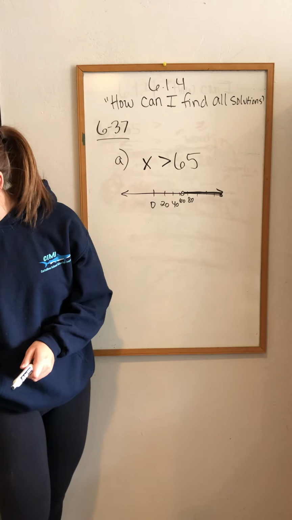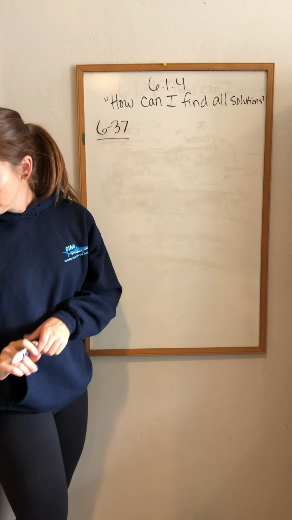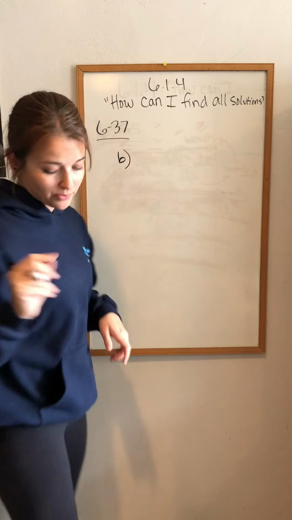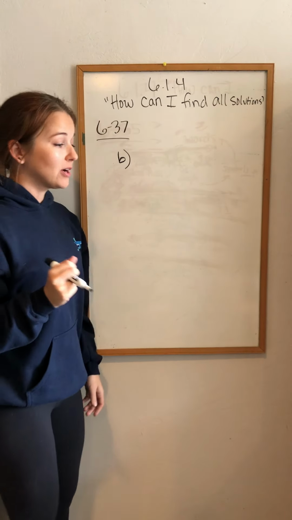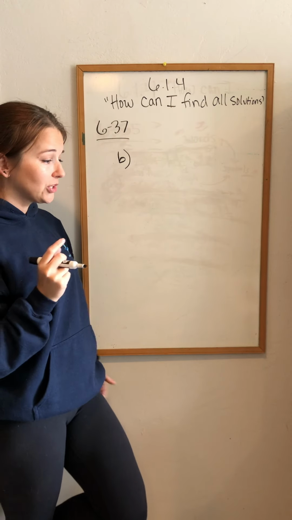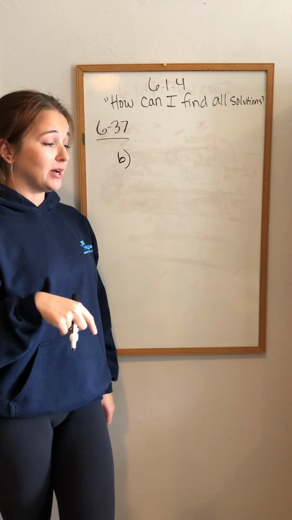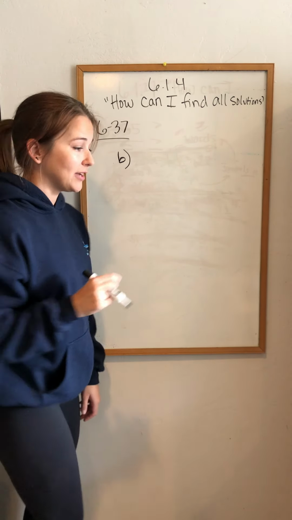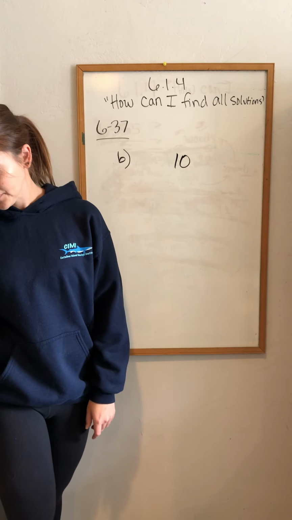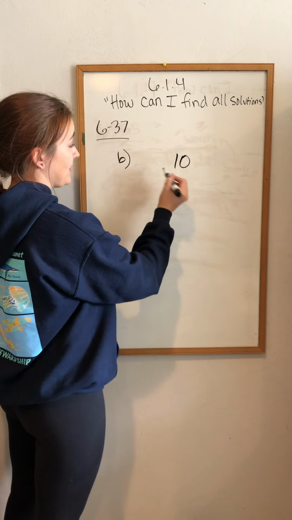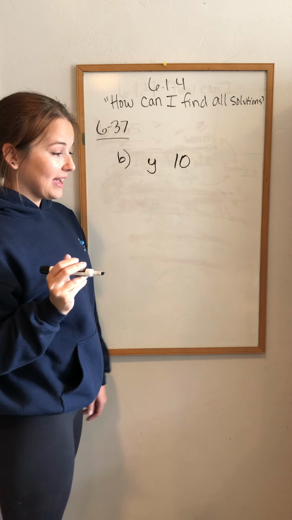All right, you can pause there if you need to. I'm gonna move on to B. So B says, let me just double check and make sure it's still recording. Okay, good. Okay, B says, you brought $10 to the mall. Let Y, so now we're using the variable Y, let Y represent any amount of money that you can spend. So I knew my boundary point was 10, so I brought 10 to the mall. Now my variable is Y this time, so we're using a Y. And then I can spend